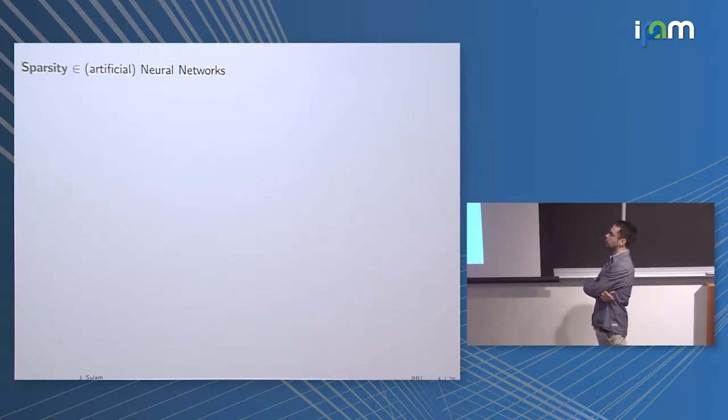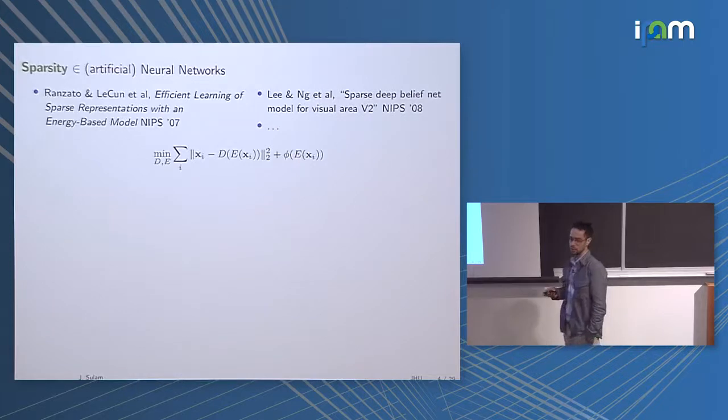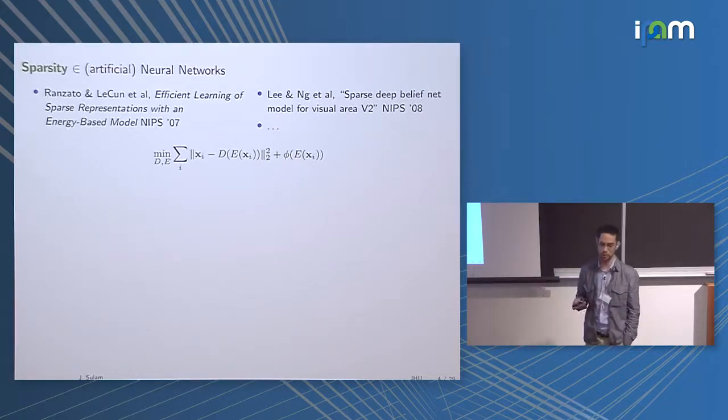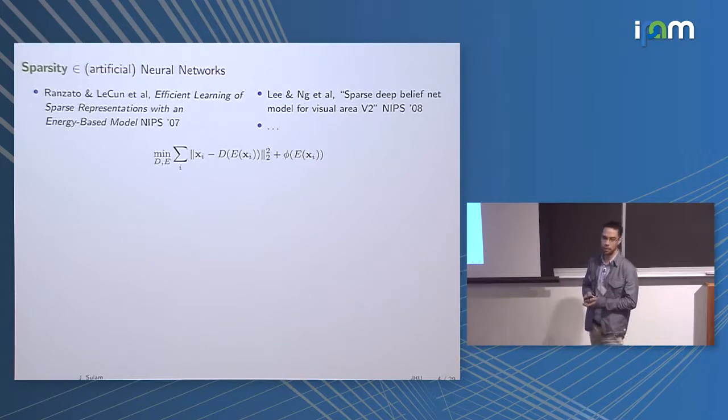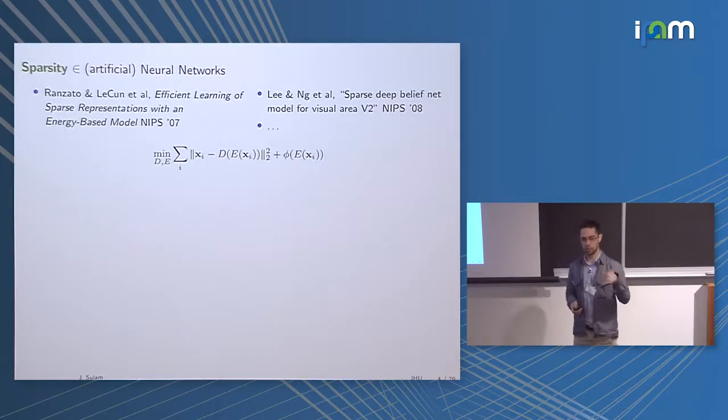So I'm going to be talking at this intersection of sparsity and deep learning and neural networks. The whole idea of sparsity has been influencing the machine learning field for a number of years now. Perhaps the most iconic of that interaction was given in terms of sparse autoencoders, which I guess most of the people here are familiar with, where we basically try to train an encoder that takes the input and produces some codes, and then a decoder that goes back to the image domain, and one typically enforces some sort of sparsity promoting function on the codes computed by the encoder.